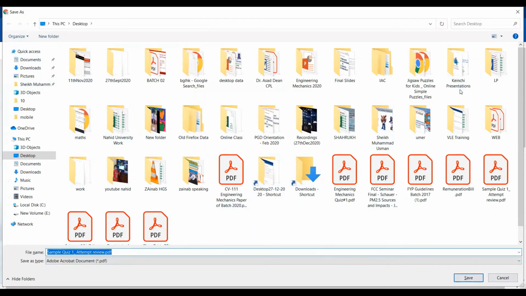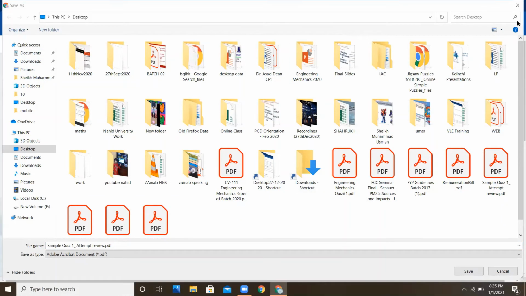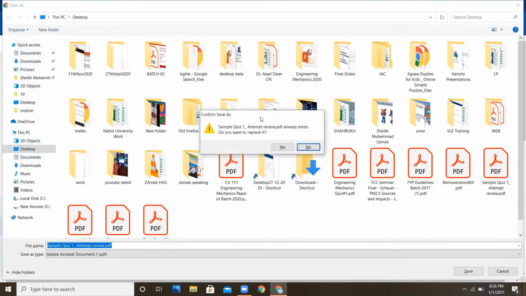So let me check whether my screen is sharing with you or not. So let me check it on the new share. I don't think my screen was sharing with you. Now I have shared my screen with you, so you can save this quiz anywhere in your system. So it's up to you if you want to save it in documents, downloads, anywhere. So let me save it on my desktop.